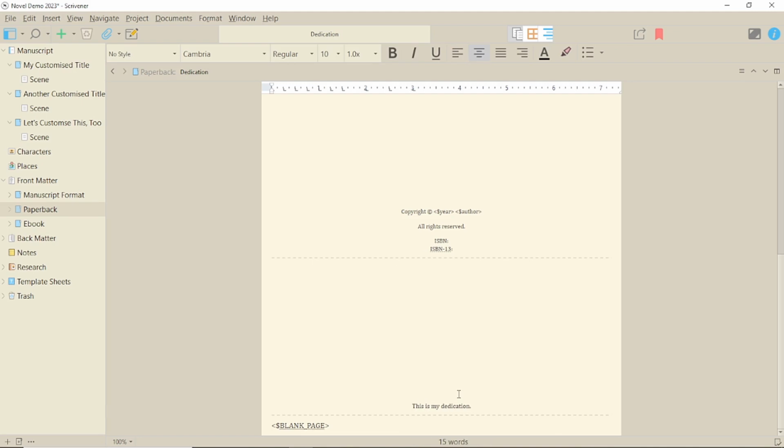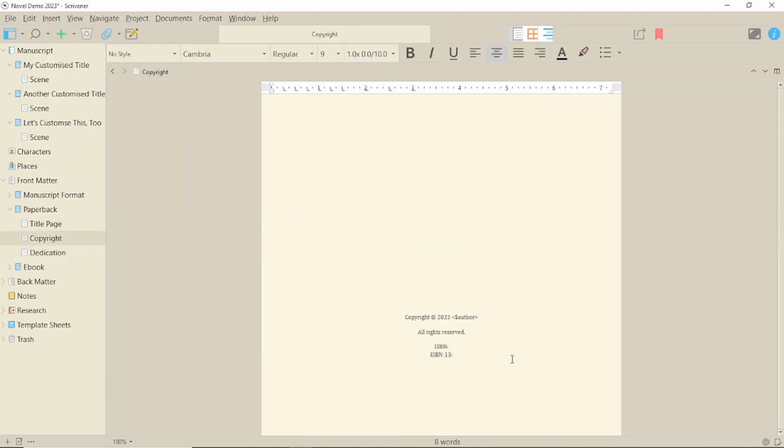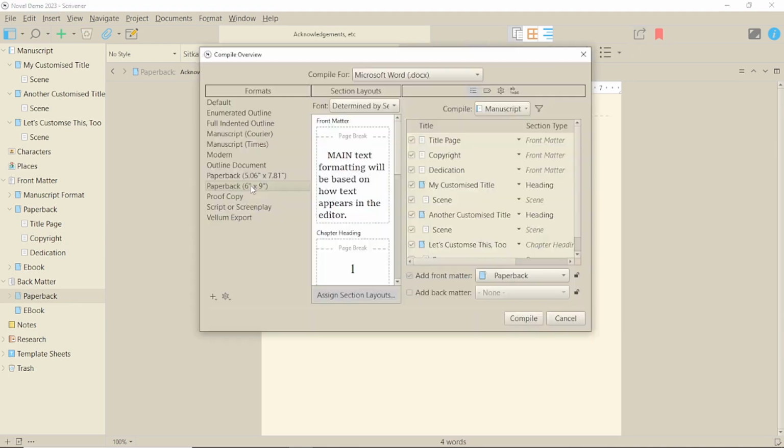For this to work properly, you will need to have filled out your front and back matter sections and to have added your customised titles to the binder if that's what you require. For our first compile, I'm going to select heading styles that just give us a chapter number. Then I'll do one for binder headings, and finally one with both. These are just using the standard options in the section layouts, but not necessarily the standard layouts linked to the